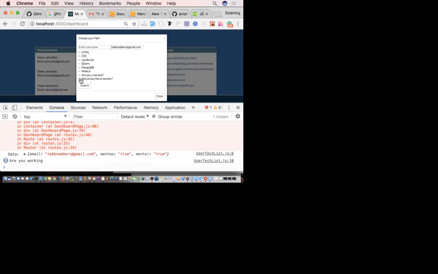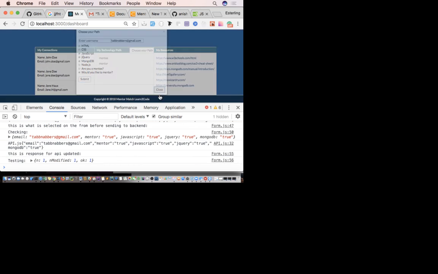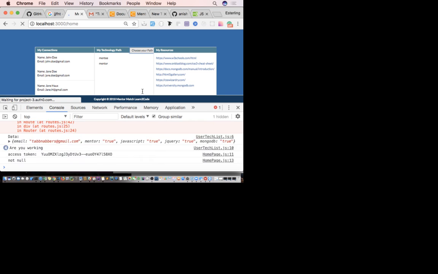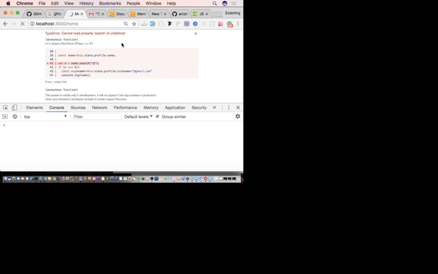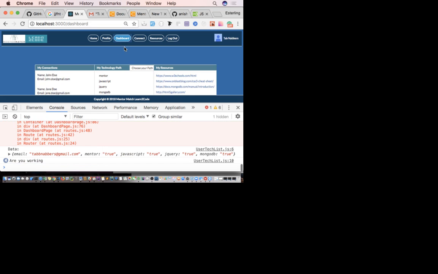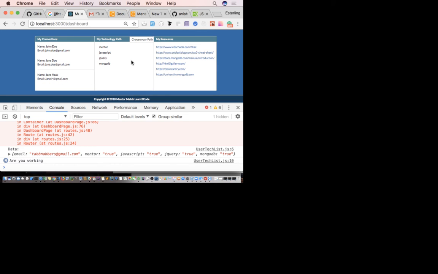Now, if I add a couple, it won't work because the local storage needs to have some sort of event, which we won't have time to do now. But if I come back to it, refresh the page, then go up, refresh it again, and go back to the dashboard, and there we go.